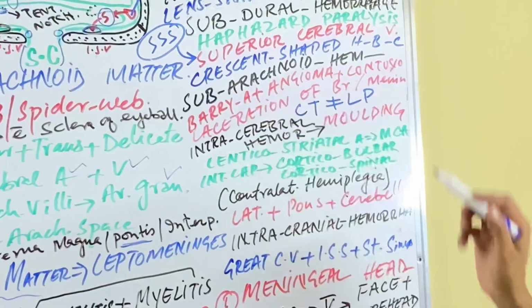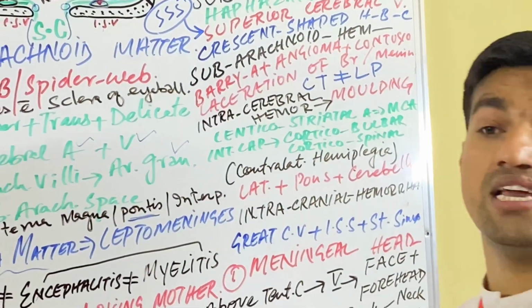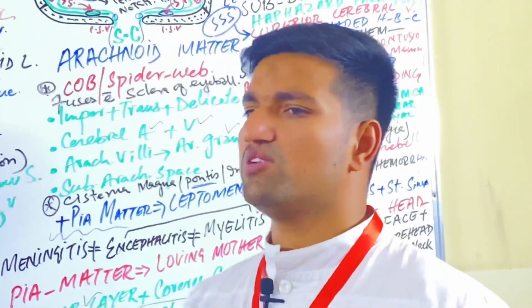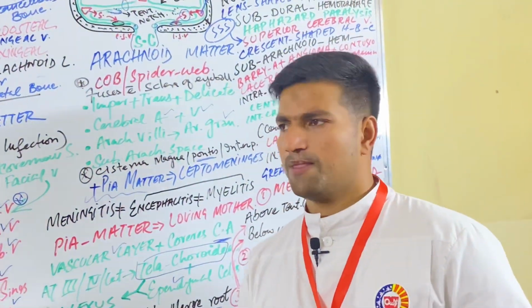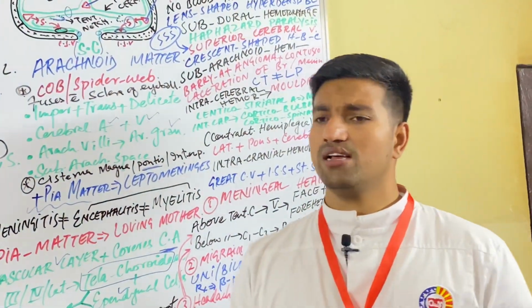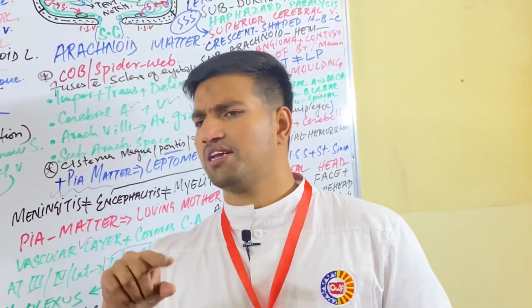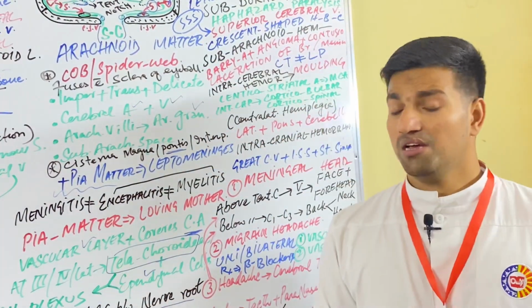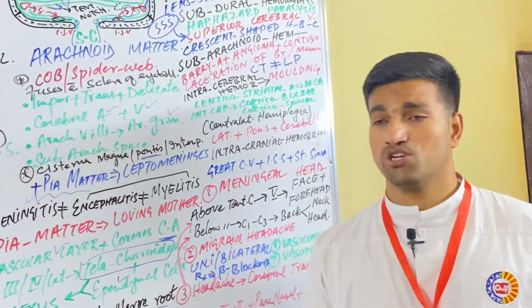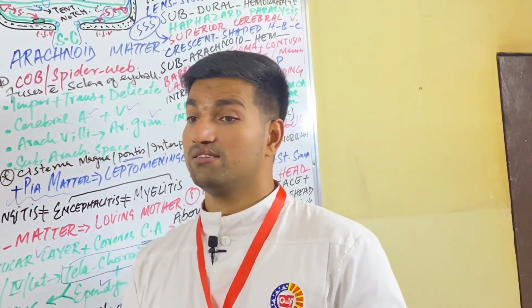Then we have subarachnoid hemorrhage due to aneurysm. We have talked about what an aneurysm is: abnormal dilatation of the arterial wall. Aneurysm is most commonly present in the circle of Willis. The most common artery is the anterior communicating artery, and second most is the posterior communicating artery. If the aneurysm, the abnormal dilatation of the anterior communicating artery, ruptures, then there is a hemorrhage in the subarachnoid space,